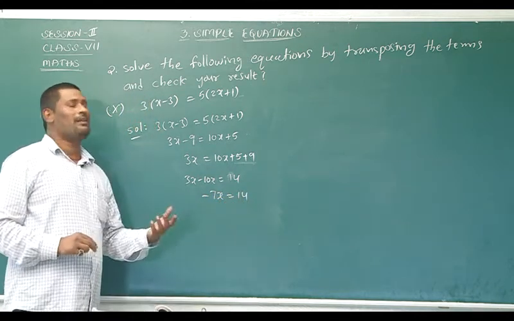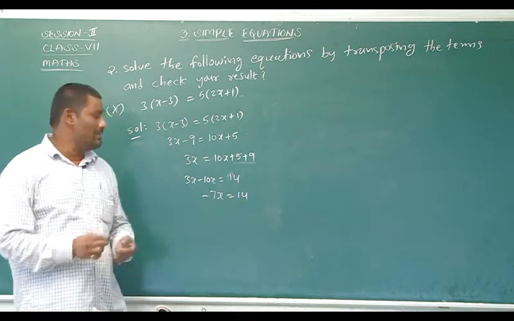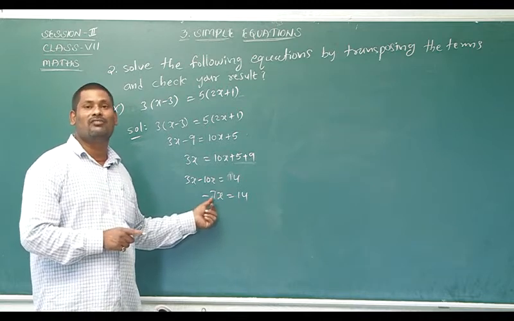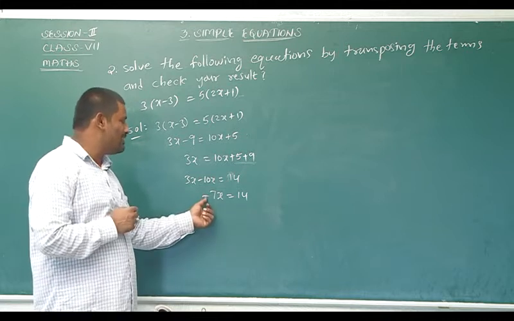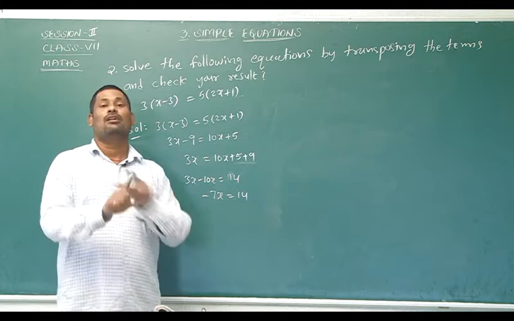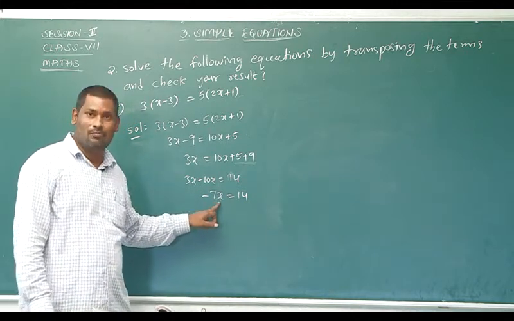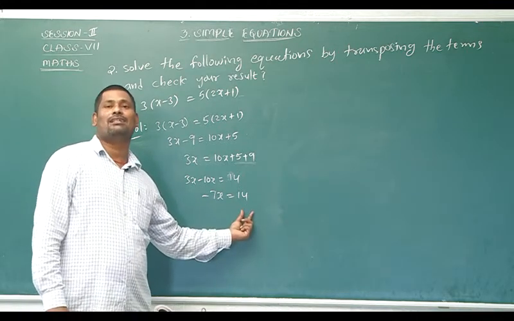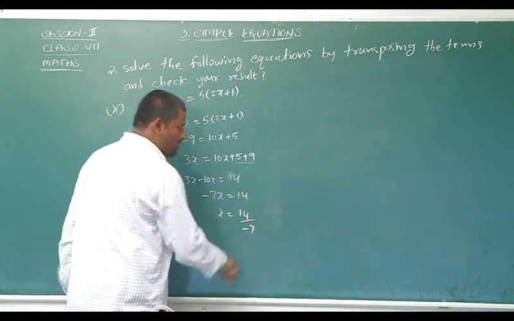So you remember here, if I transpose the coefficient to the right hand side, then it divides, because it is multiplying, 7 into x. Don't think, my dear students, that this minus 7, if I transpose this side, changes into plus 7, not like that here. Minus 7 is multiplying with x here, minus 7 into x. This total minus 7, if I take to the right hand side, it divides here. So then x is equal to 14 by minus 7 I will get here.